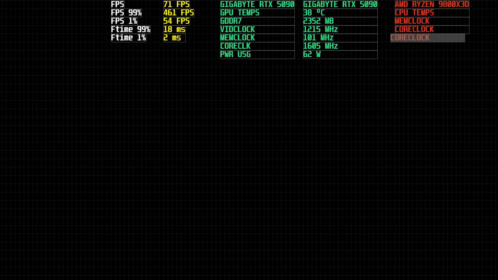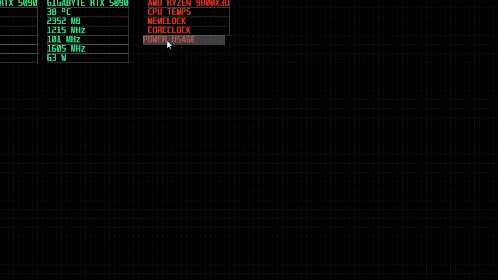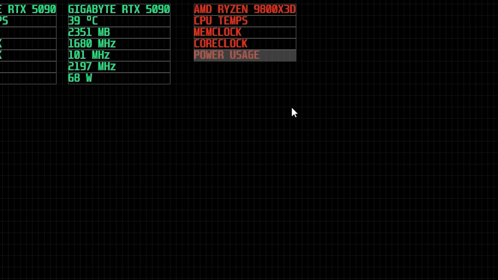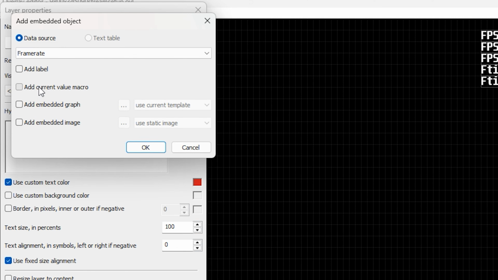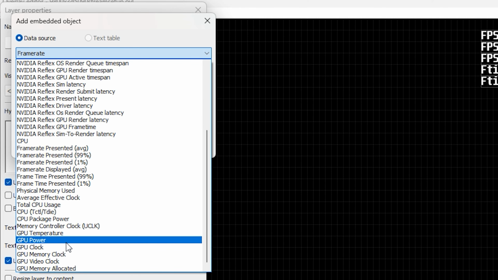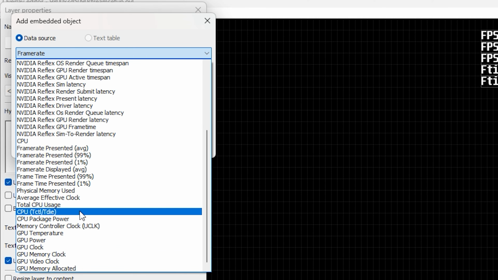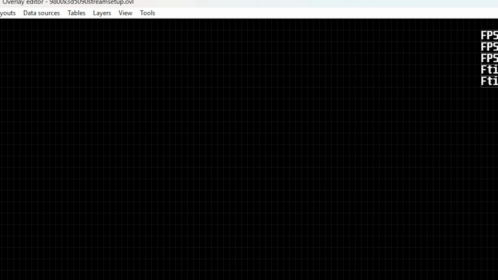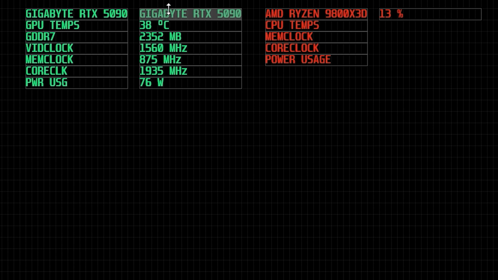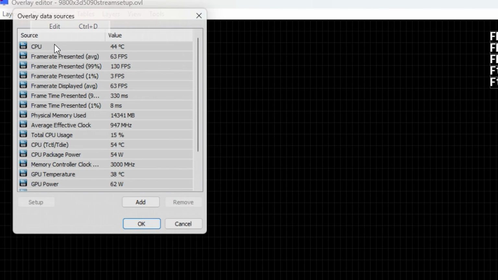Again, you could add the tiles, you could add all the different cores, but you can imagine how timely this is. But out of efficiency, I just want to show you the basics of how you can adjust this. So we're going to add current value macro, and we're going to use total CPU usage, which we'll get back to changing. If this is missing, it's going to be